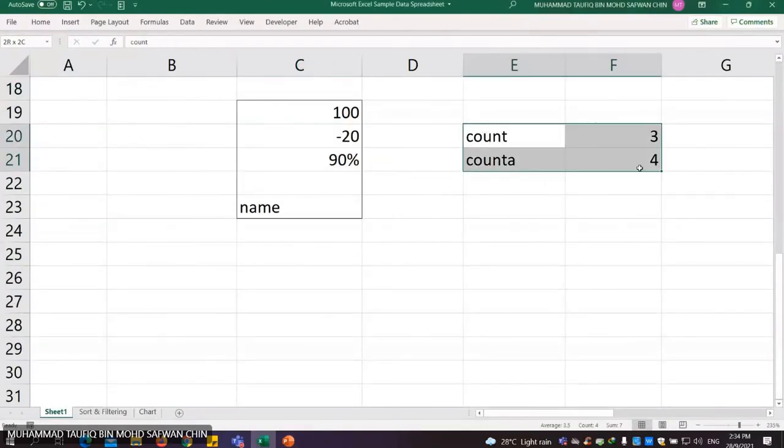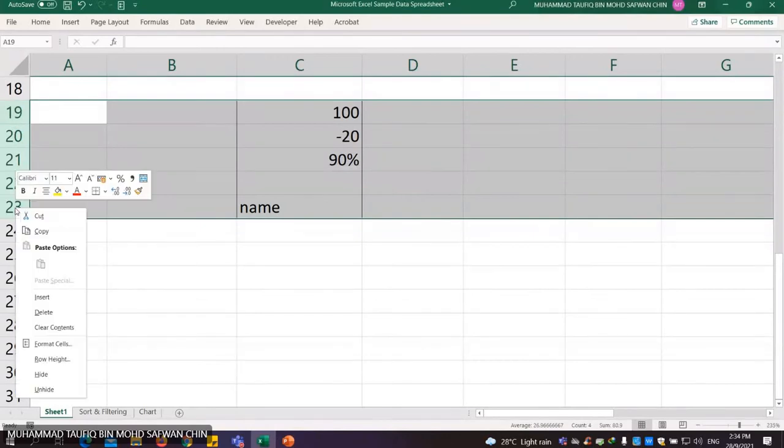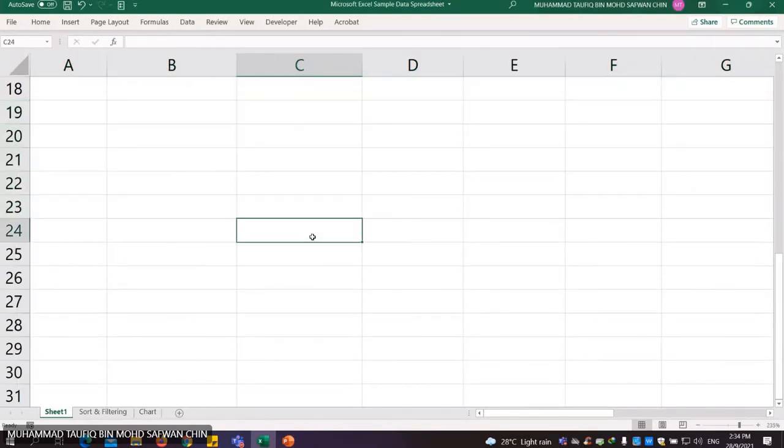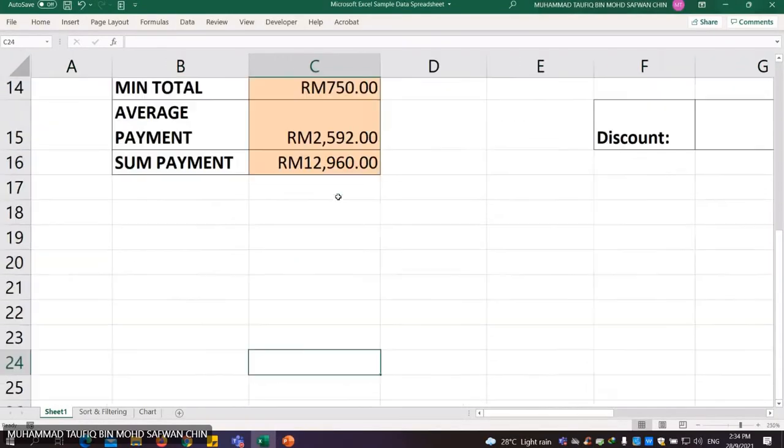simple example. Okay, just delete lah. Malas nak ni. Okay, for if function,